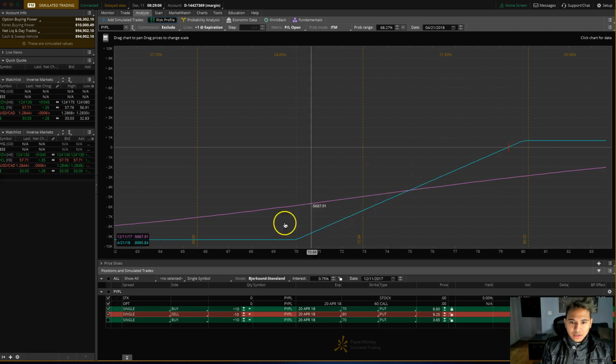Okay, so you can say, oh okay, you know what, this wouldn't make sense, because if it expired today, based on today's pricing, I would lose $3,095. If it was 4/21/18, which is when expiration is, then I would be making or losing,